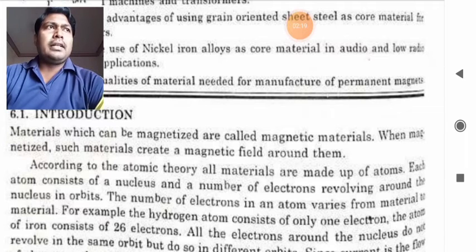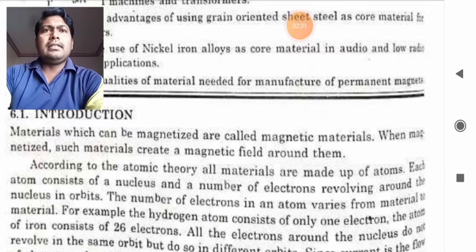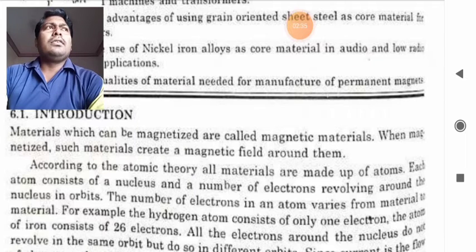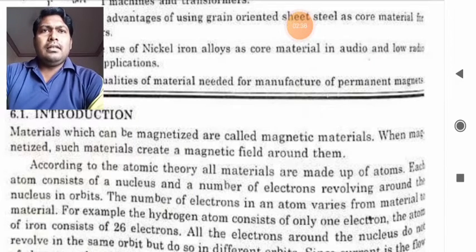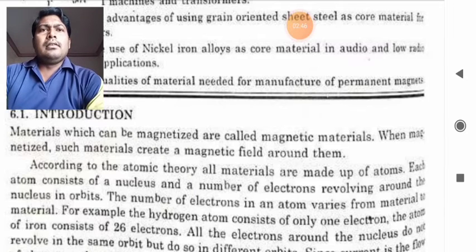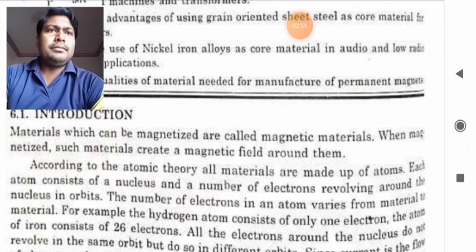So students, in your practicals in your previous semesters, in your first year classes, you might have learned about the electric field. If there is an electric current, then it will be surrounded by a magnetic field. In other words, we can also say that if a conductor is carrying current, then it is associated with a field surrounding that conductor. According to the atomic theory,